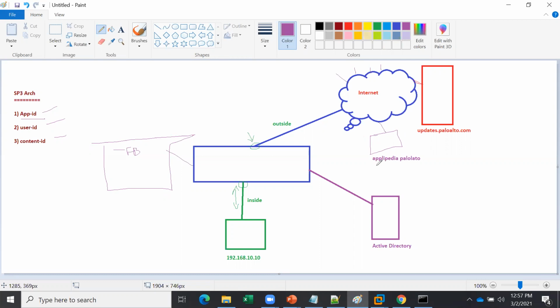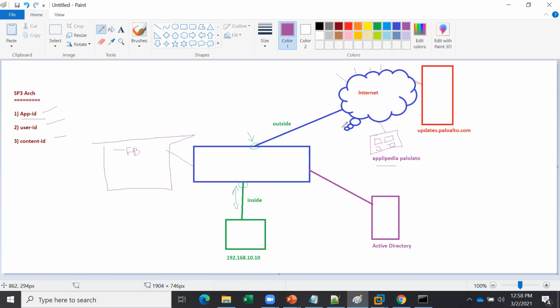But with App ID, Palo Alto identifies the behavior of the particular application. They do packet captures on that application, fetch signatures and matches from it, and create the entries. Okay, this is a Swiggy app, this is a Facebook app, this is a YouTube app. All the app IDs are created, and if you open an app ID, you will see a lot of details there. An app ID contains signatures, and it also gives the risk, how much risk and so on.